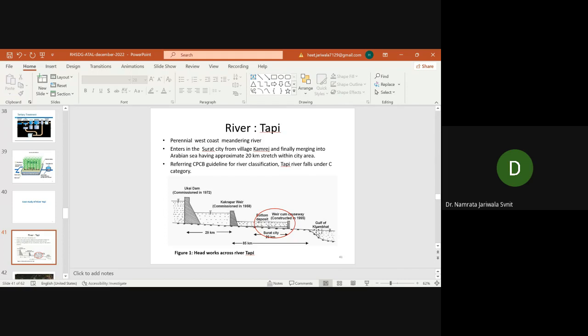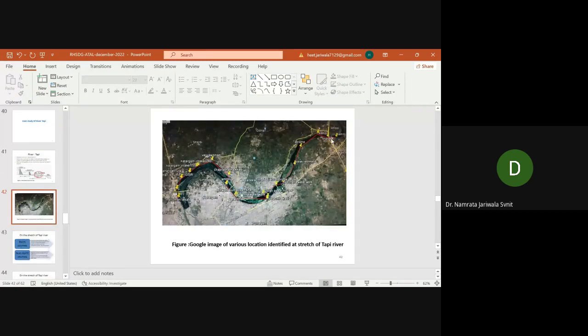throughout the year it is falling under the C category, not in the B category of the river. So C category means you can fetch the water for drinking purposes, but that water you can use only after the treatment plant. So this is the river Tapi when it is entering Surat city from Kamraj, and ultimately when it is entering, you can see the Tapi river is considered to be